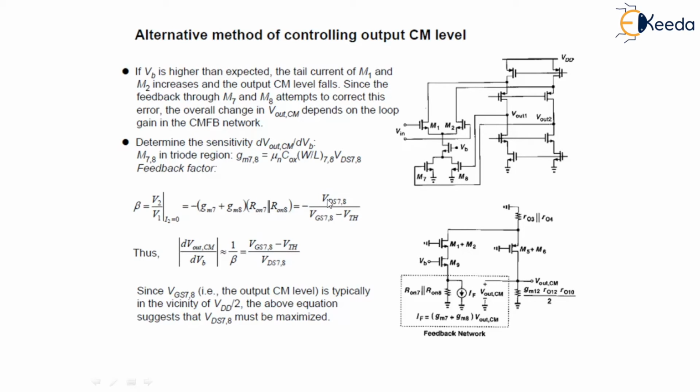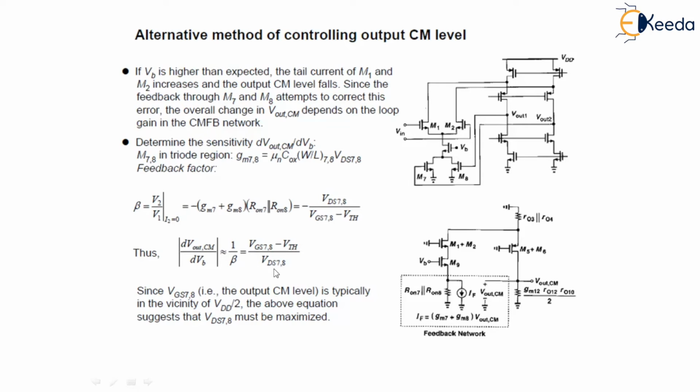Now we can substitute all the values over here. We get VDS7,8 upon (VGS7,8 minus VTH), with a negative sign. So this VGS7,8 minus VTH is simply the overdrive voltage of M7 and M8. Now we get the sensitivity as (VGS7,8 minus VTH) upon VDS7,8, because it is defined as 1 by